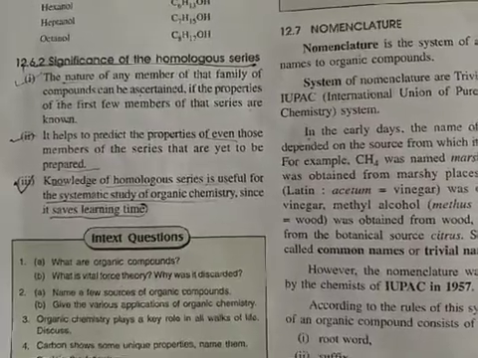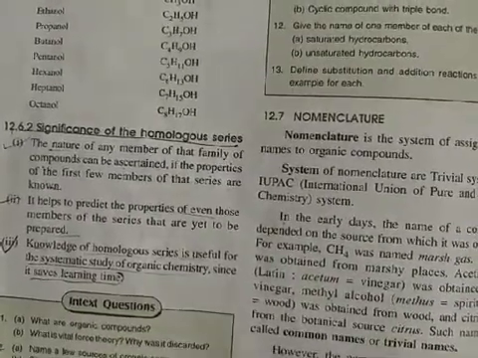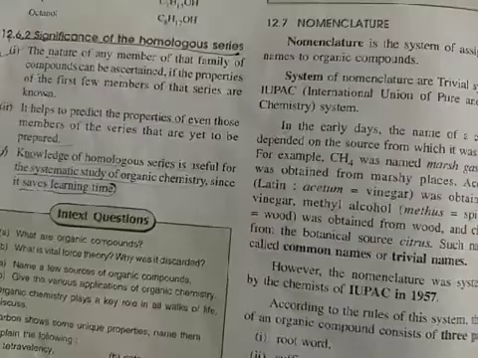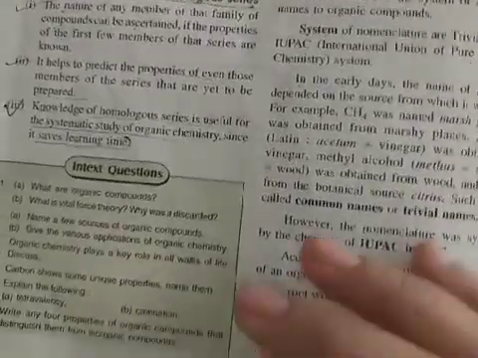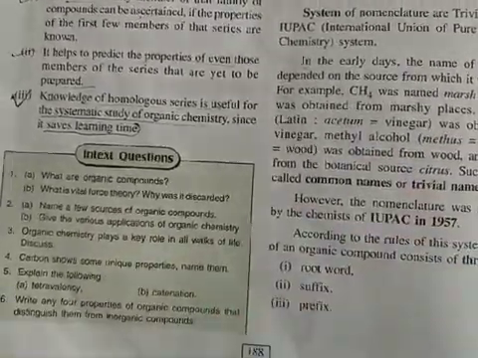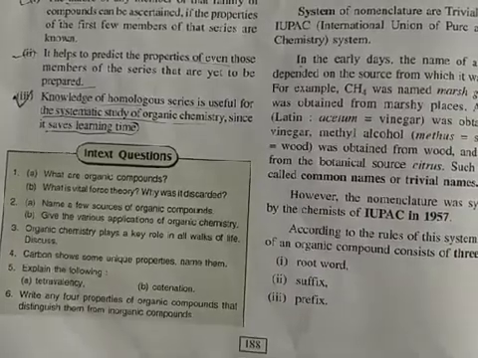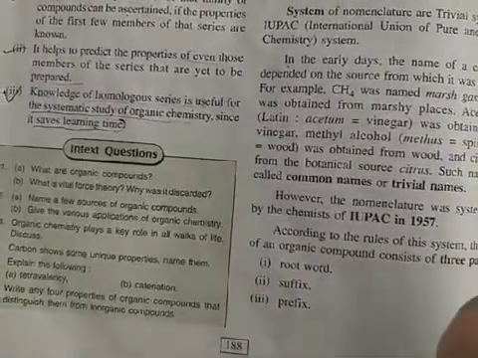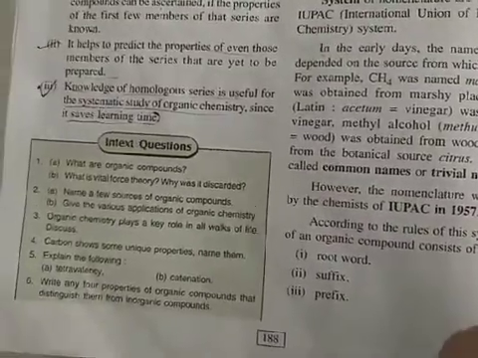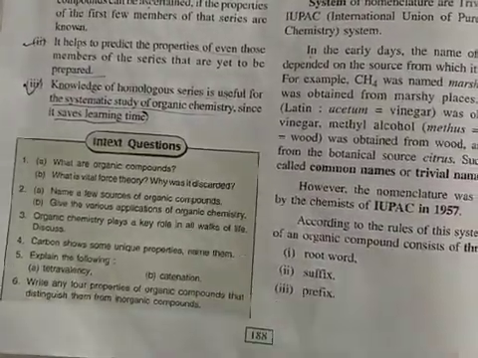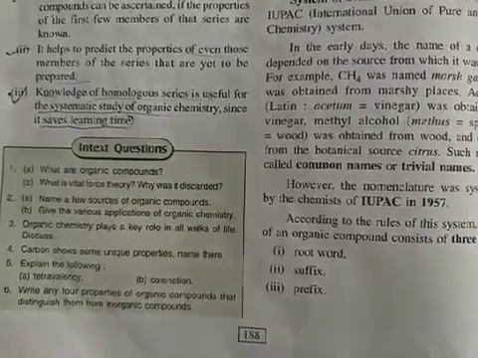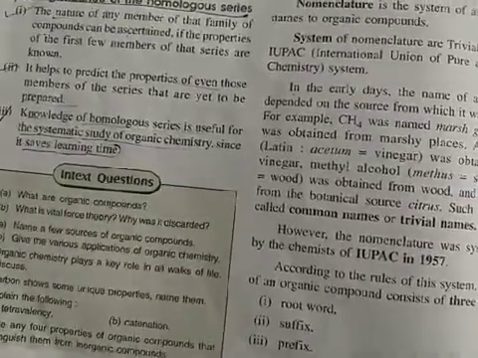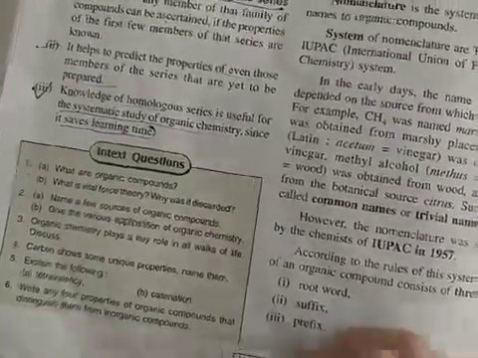See, what are the four properties? The first property, it is also very simple. The first is it can form covalent bonds. Inorganic cannot form covalent bonds. Second, there must be a presence of carbon atom. Organic compound is all about carbon and its species. Third, generally organic compounds are soluble in organic solvents only.